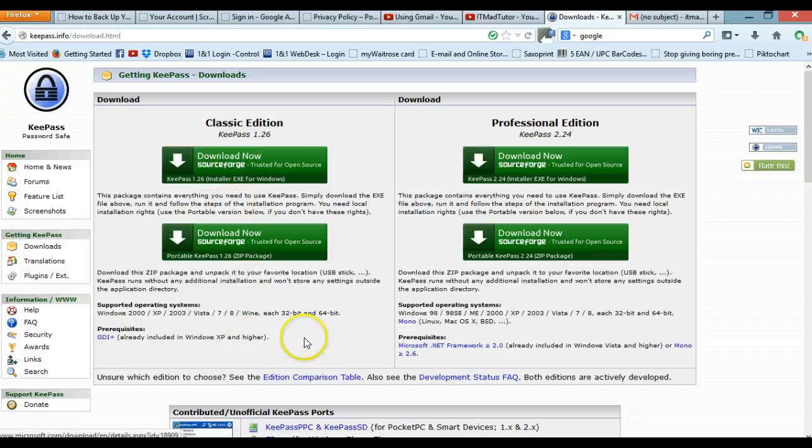Now, before we whiz ahead on that, just so that you're aware, it supports most Windows operating systems, even the new Windows 8. They also do a version for Linux and Mac OS systems and Ubuntu and things like that, but we're going to stick with Windows 8 on this one. So I click on the download now,